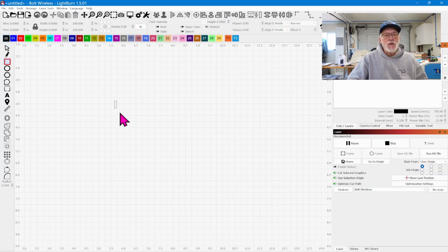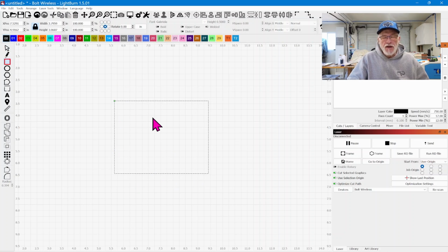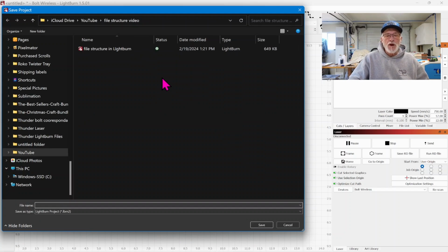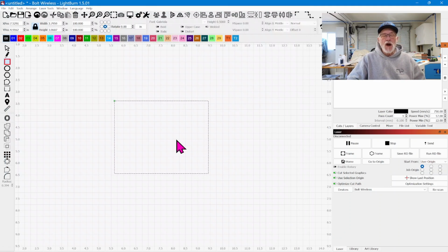One thing you've got to keep in mind is that as you generate a file structure in LightBurn, and you want to remember the settings and the design and everything that you have, you must save it as a LightBurn file. Normally we would come up and go File and say Save, and at this point you'd pick a spot for it to be. When you save it as a LightBurn file, it is a standalone file, meaning it's not housed in LightBurn in any way, shape, or form. It's just a file out there